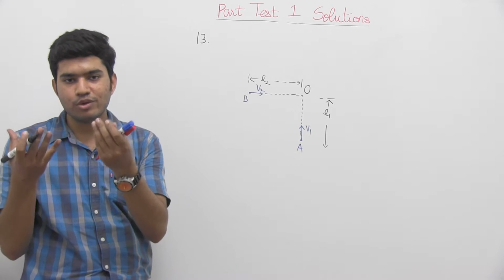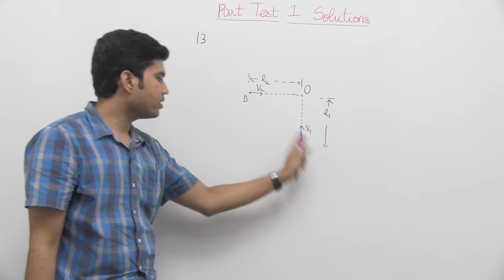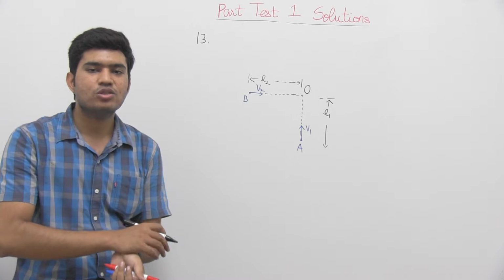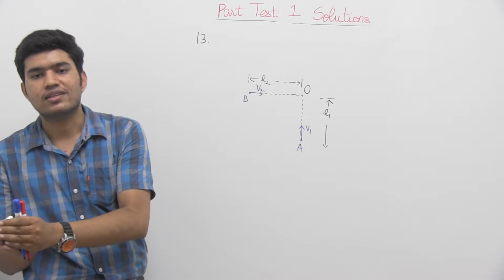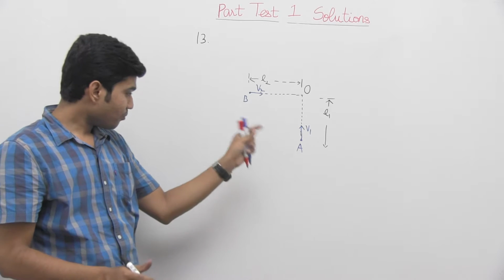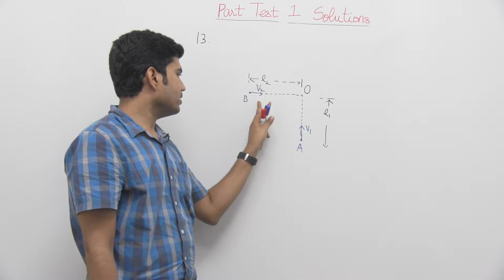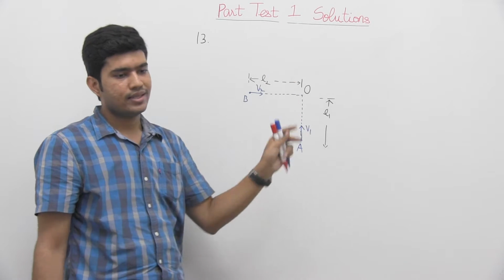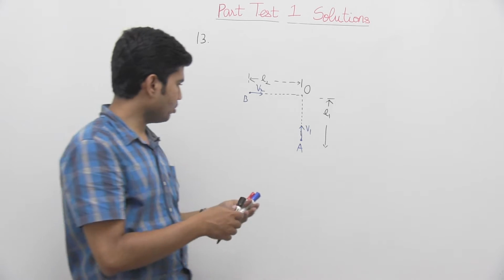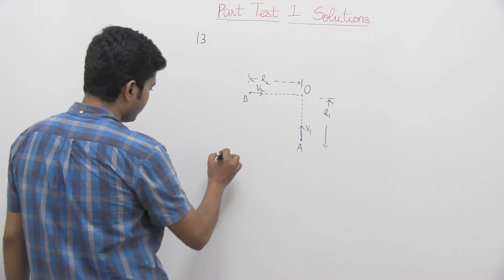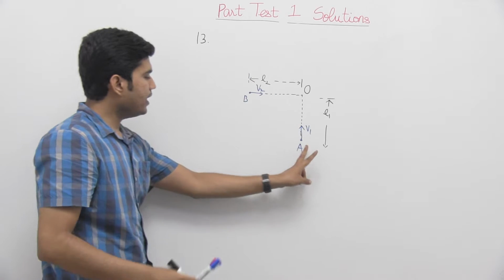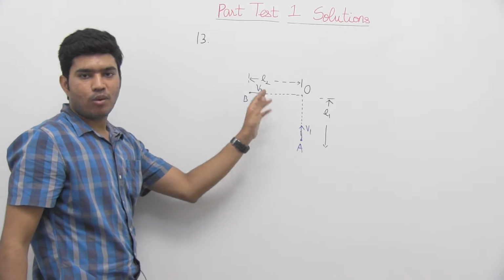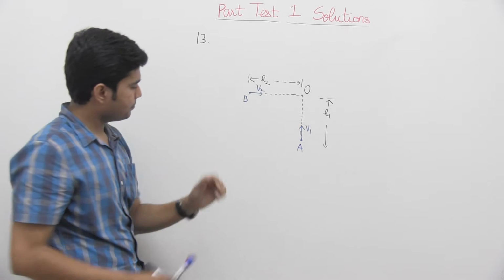How will you know you have to use relative motion? Both the objects are moving, and they are asking shortest distance, shortest time. For such types of questions, we have to use a trick called relative motion. What will happen is, if I observe A from the frame of B, only one object is moving, then the motion is much simpler to analyze. So if I analyze A from the frame of B, imagine how will A move? If there is an observer with B, how will A move?